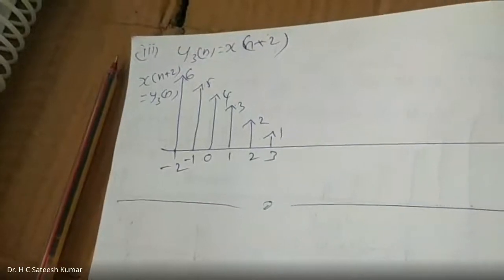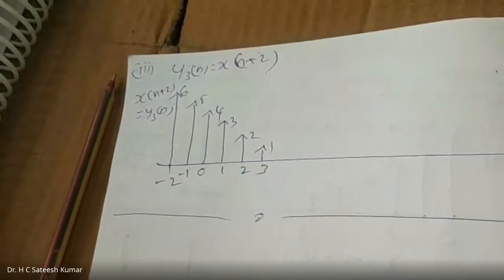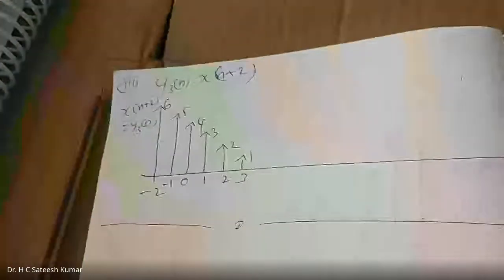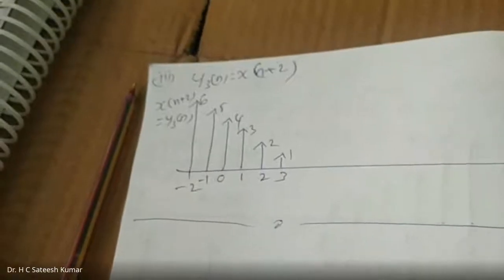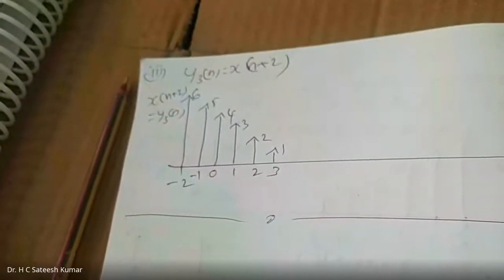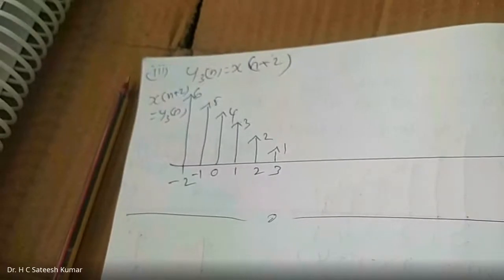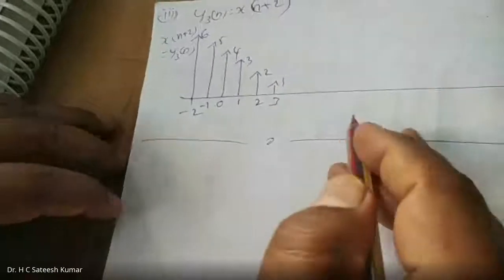In earlier problems, they used to give some operation: one signal is given, you do a certain operation, and you get some signal. But here, whatever signal you are going to get, he has also given. What is the original signal? That also he has given. To get that, what operation should you do? That's what we should do in this problem. So it's a very interesting one. It is a rare kind of problem that I have seen.